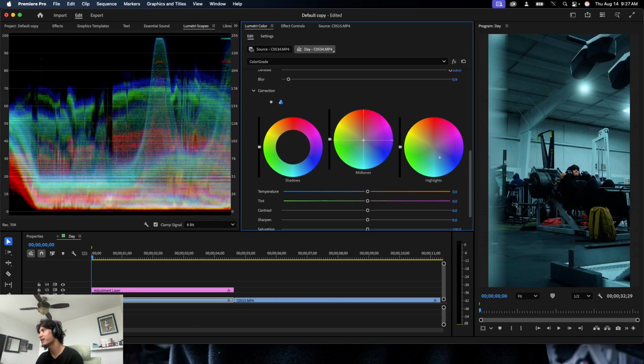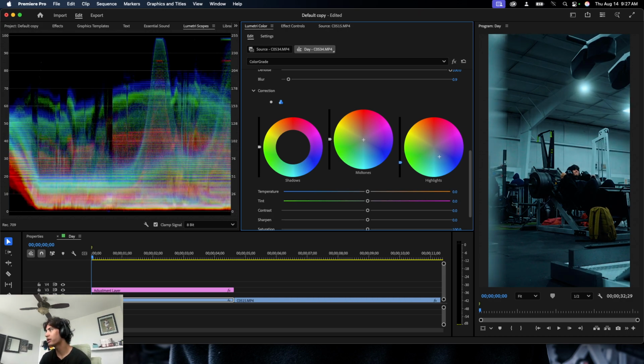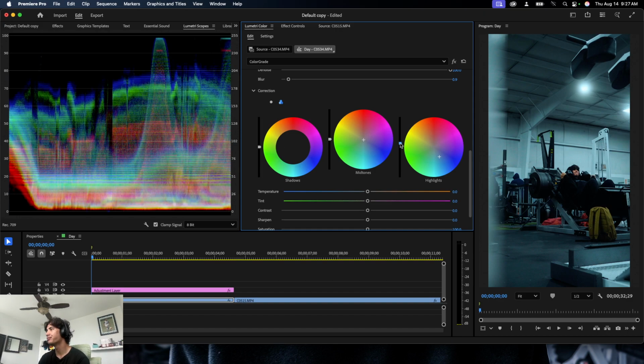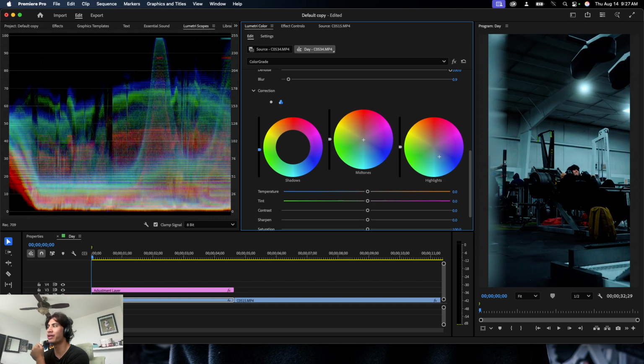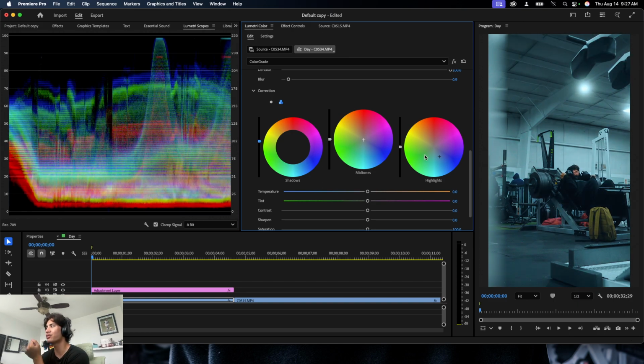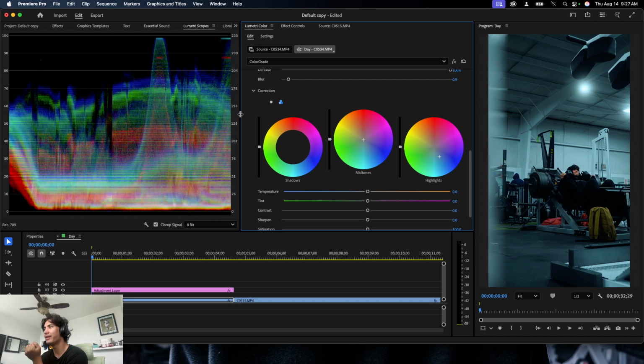Midtones, we're going to do the same thing. And it's looking a little bit like there's too much color. So back off a little bit. Now, before I used to touch all of these, and this is going to make it darker, brighter, and whatnot. I used to touch those in this space, but I've learned to not do that